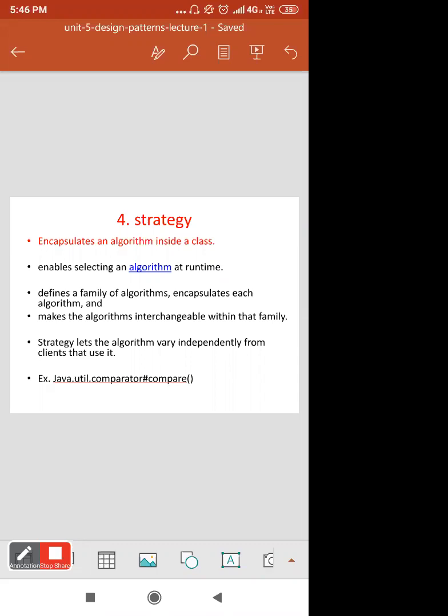Strategy lets the algorithm vary independently from the clients that use it. Like in Java, you have different methods and different packages for different methods, as per your need.